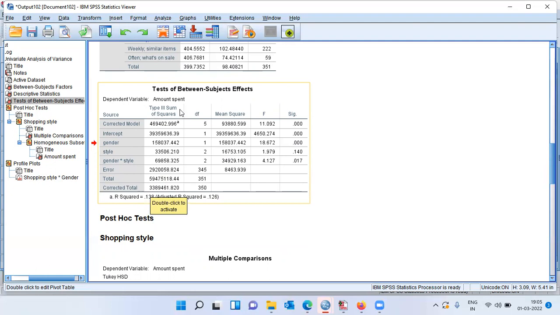I have the type 3 sum of squares being used here. It also gives you the degrees of freedom and the mean square. We can also see the F statistic that is being reported here. The last column is very, very important because this column is the significance level. What we do with the significance level is we take this number and compare it with